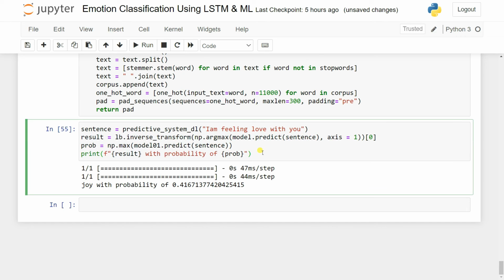Okay, so this is how your system actually works. Now you can save it. That's how you create these applications with machine learning and also deep learning. Now we can also save our